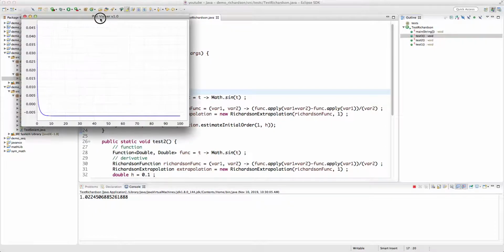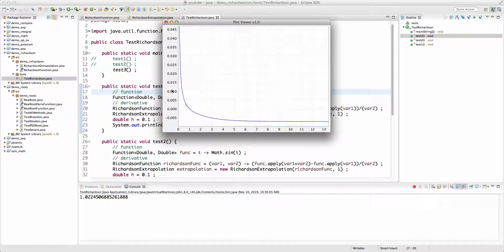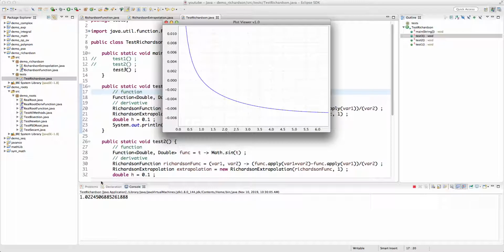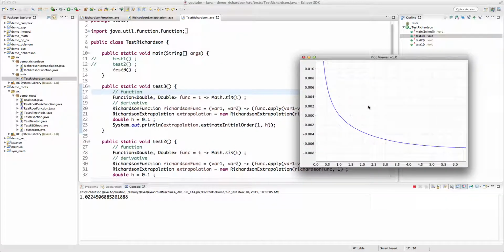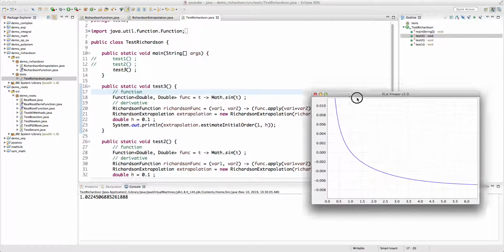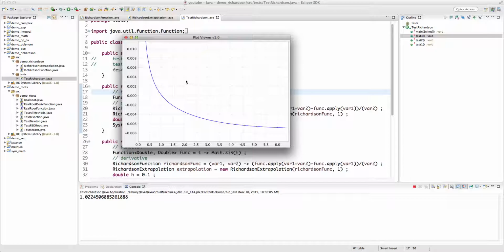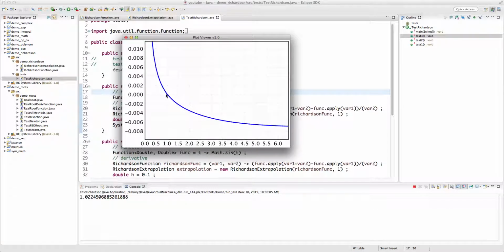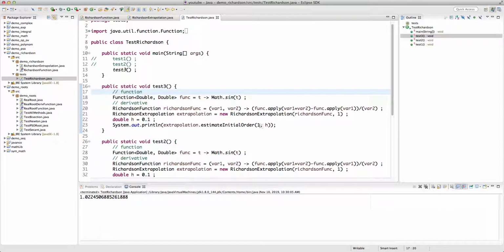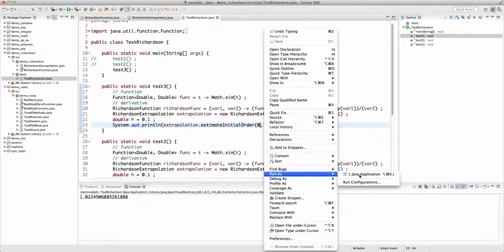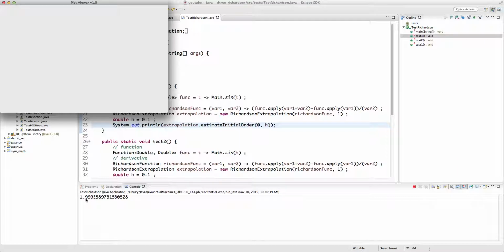Oh, okay, now it's able to find it. So bisection should be able to find it, no problem. And we're getting, as expected, 1.02245. So the order is very, very close to 1, as expected. Okay, and you can clearly see here where the function is crossing the horizontal axis. Now what happens if I set this to 0, for example? We should get, in fact, something close to 2. Yes, we get